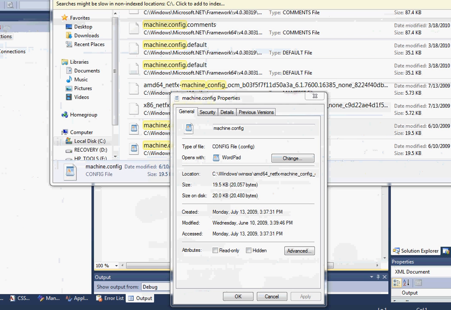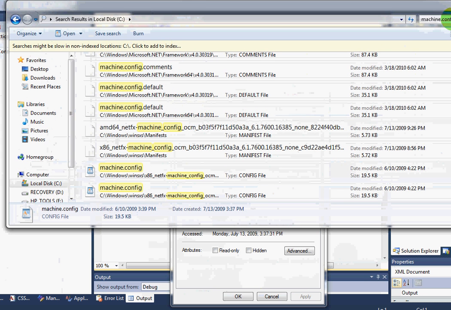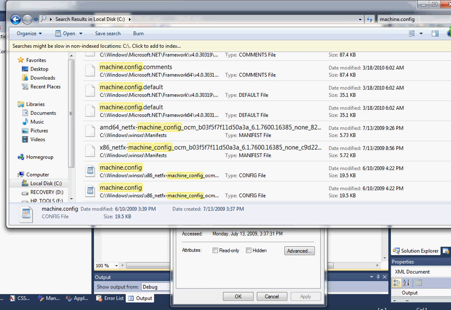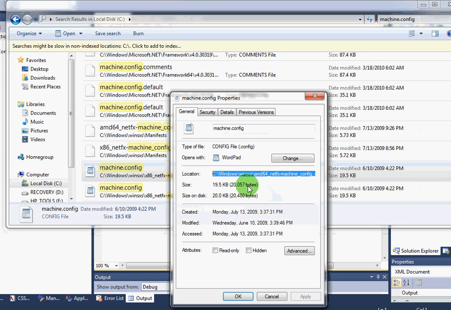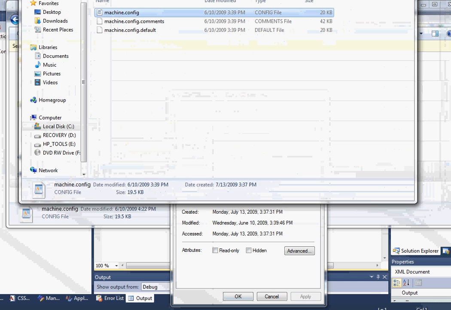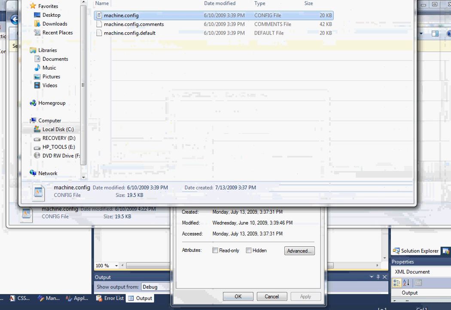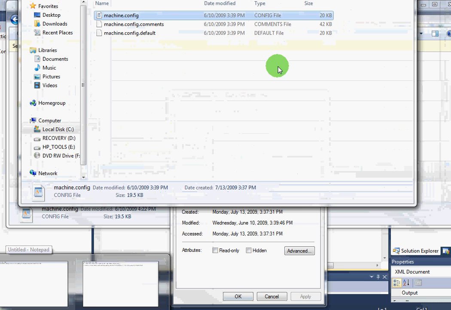So I went to my computer and just did a search on machine.config, because, I mean, I guess I could copy it from the book. I have the code directly in the book, but I wanted to find this machine.config file to find out what it looks like and what all it has in it. So I found out where the machine.config file is, got its location, then I went to that directory, and here's the machine.config file. I double clicked on it, and it opened up,